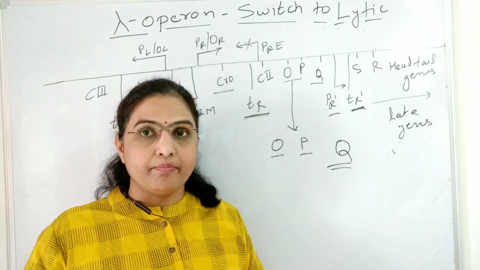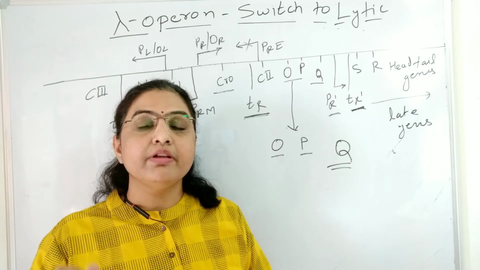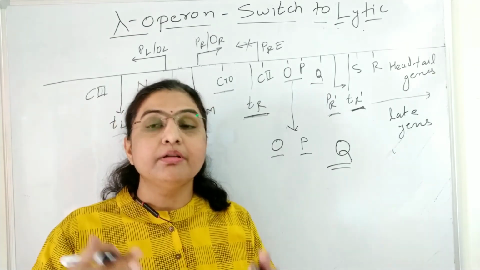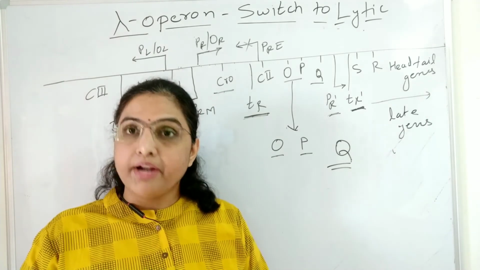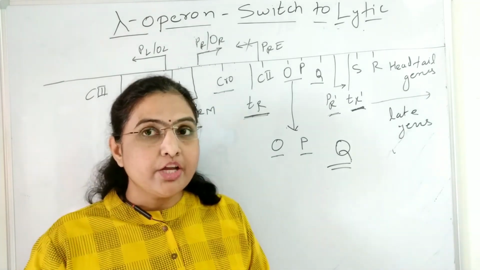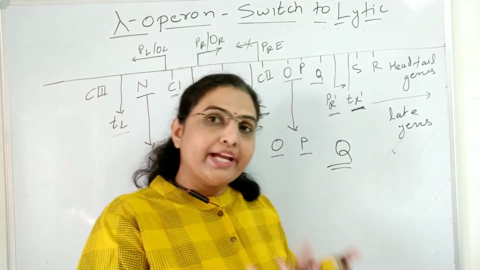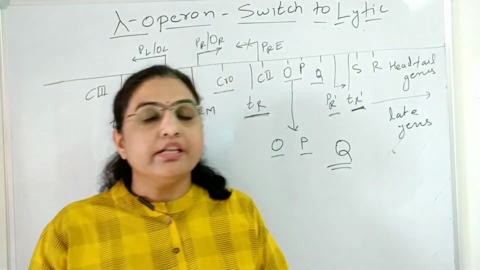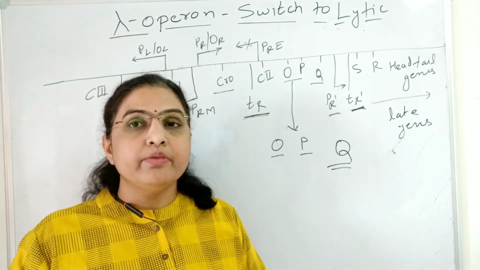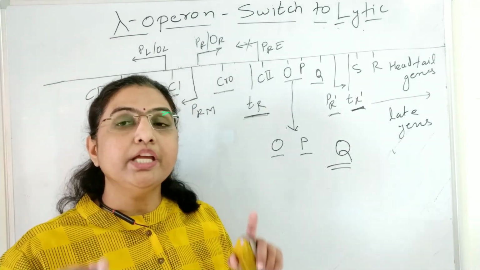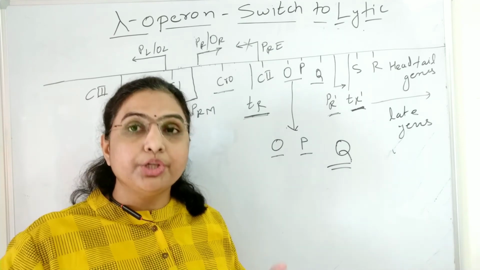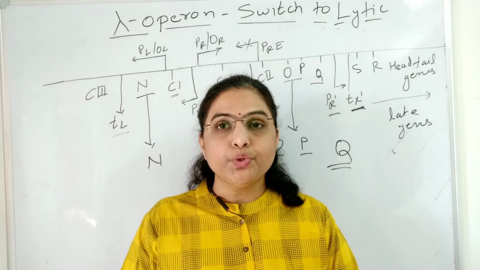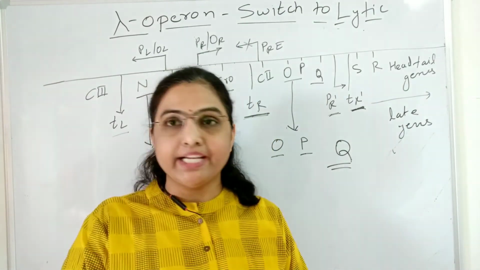So in this way, there will be what? There will be the lytic cycle, by firing the origin of replication, by synthesizing the primer, making the DNA copies, and then, to package that, the late genes are going to be synthesized. In this way the lytic cycle is going to be completed with the help of which genes? With the help of the N, Cro and Q genes. Okay, so I think you may have understood today's switch to the lytic cycle.